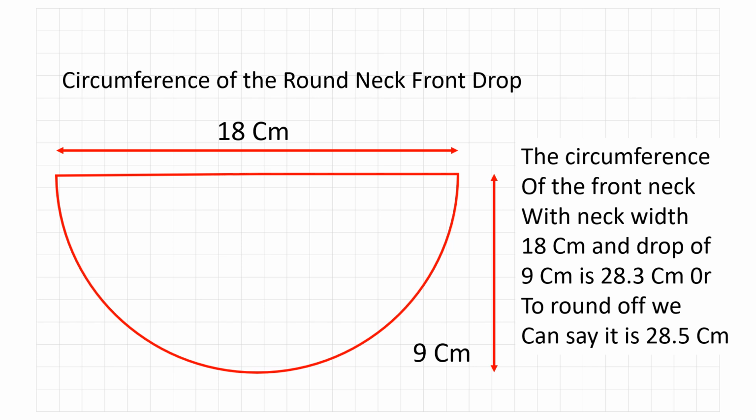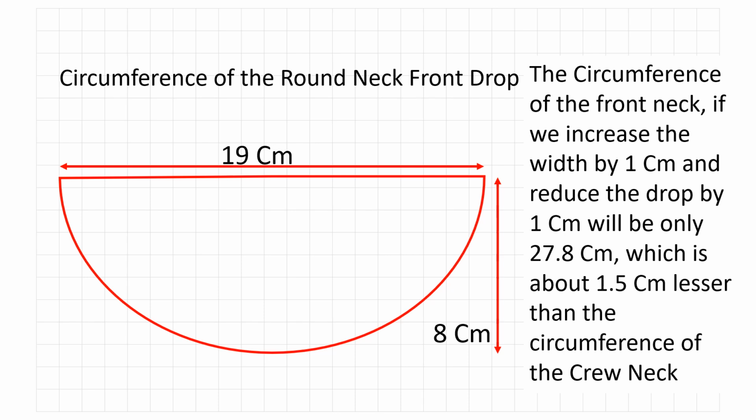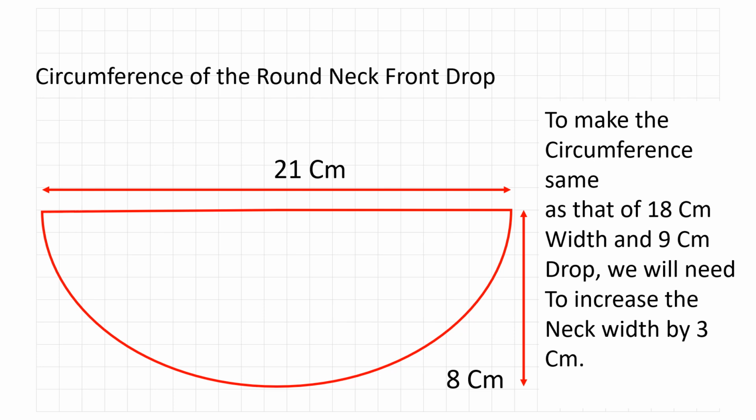Normally you will see that the measurement charts increase the neck width by 1 centimeter only. This reduces the circumference of the neck by 1.5 centimeters. And because of this, in general, we find wearing a high neck pullover is a little difficult, especially when the neck of the pullover passes over the head. Should you increase the neck width by 3 centimeters, a wearer can wear the high neck pullover with the same ease. Why I say this, we will find out when we learn how to calculate the length of the profile